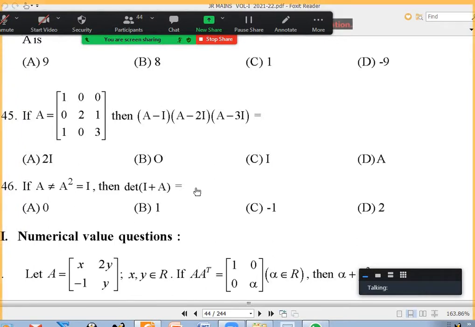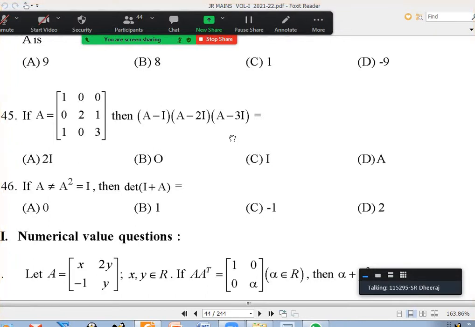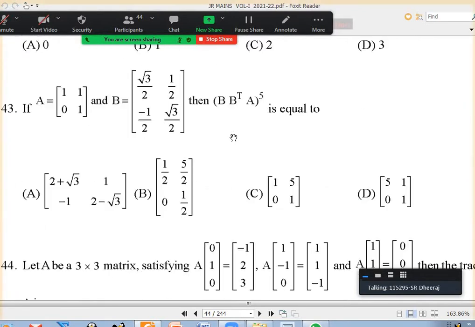Sir, if A minus A is 0, then A minus A will be a null matrix, sir. No. If that is 0, why should the matrix be a null matrix? Even a non-null matrix can have determinant 0, no? For the determinant to be 0, is it that only the null matrix has it, or are there a lot of other non-null matrices also? Non-null matrices also have determinant 0 under many conditions.